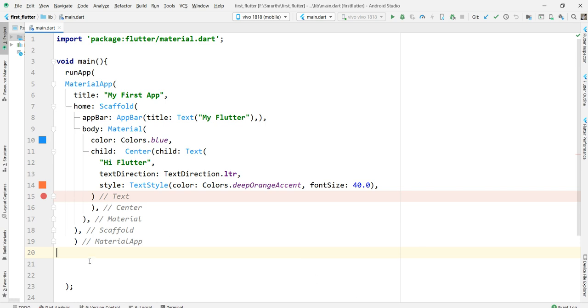In Flutter there is a widget called stateless widgets. So now we can add that stateless widget using some class.